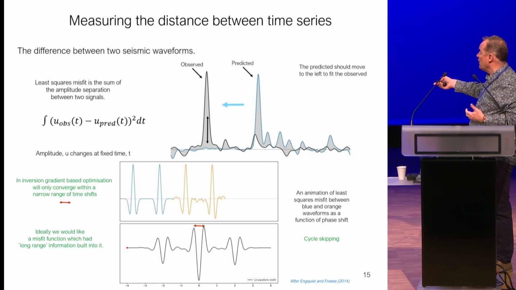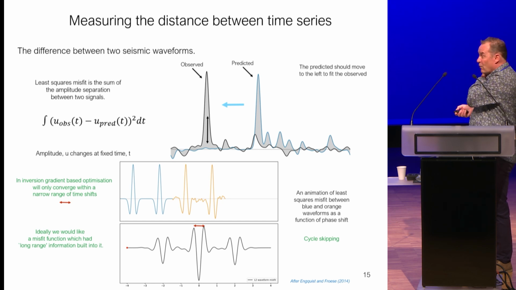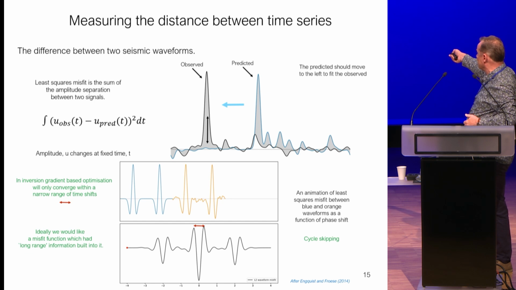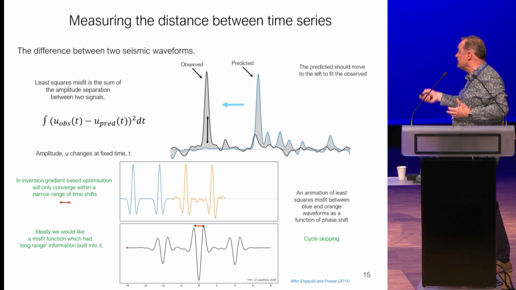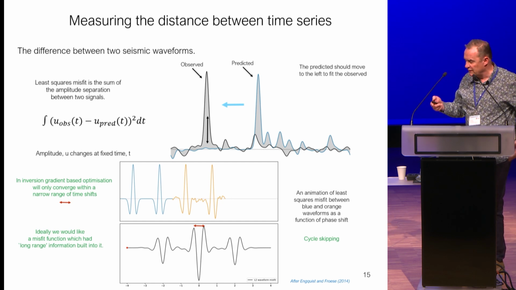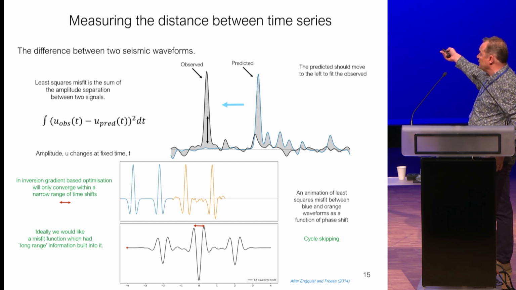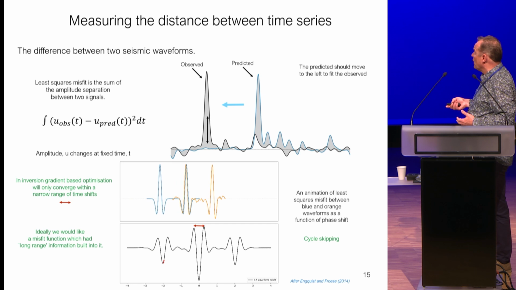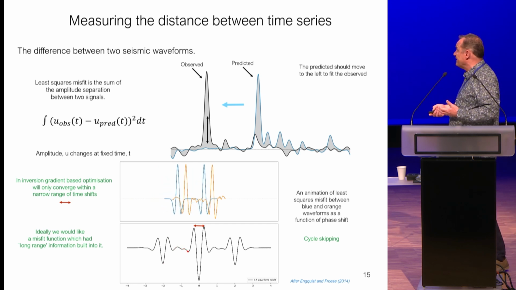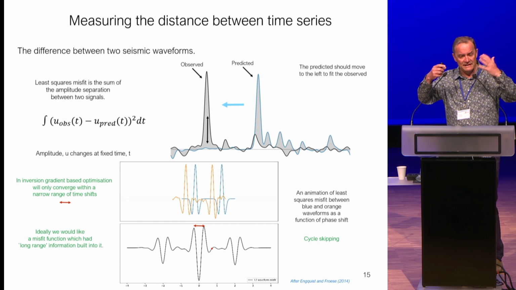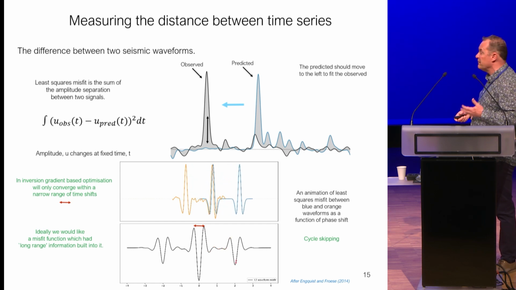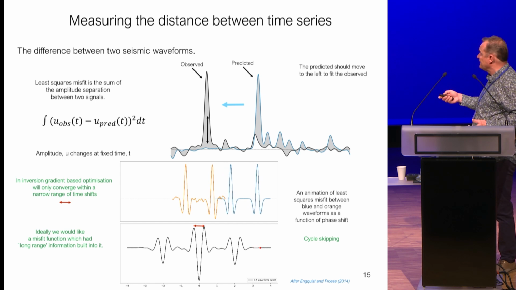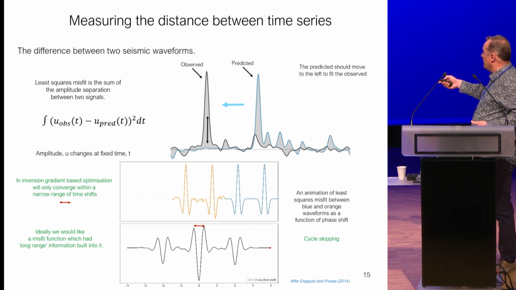An example is below, where I've used a double Ricker wavelet, following examples like this by Bjorn Enquist and Flores in 2014. So I've got a blue double Ricker wavelet and an orange noisy double Ricker wavelet, and I'm simply going to, as a function of time offset, move one across the other. As you see below, the red dot is where we are in time, and below is the least squares difference, the sum of the differences between the amplitudes. Of course you see a multi-minima misfit function, and that's simply because we align, I'll do that again,